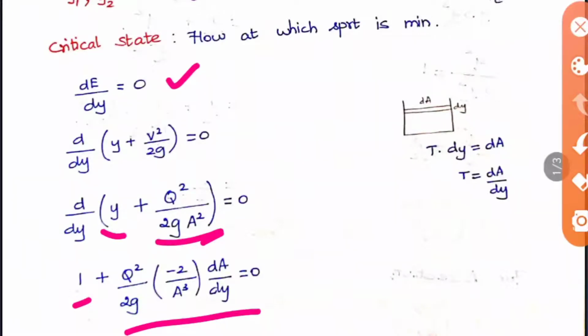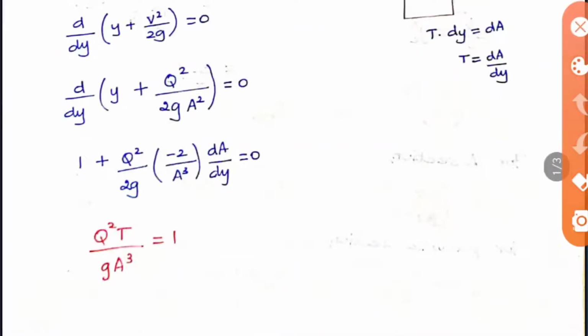So here, when you take this as a channel where some flow is happening, this dA is nothing but the top area, a small portion of area we are taking, and T is the top width. From this diagram you can tell that the top width into dy, that is the small height, will be equal to your small area, because width into the height will give you area. So dA is equal to T into dy, so T is equal to dA by dy. Instead of dA by dy, you can substitute T in this formula. So you'll be getting the formula like this.